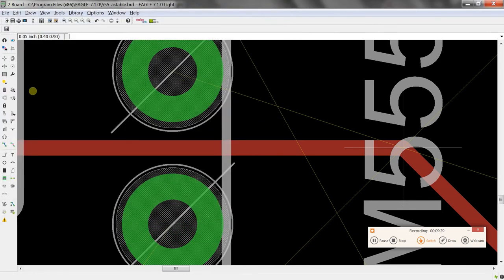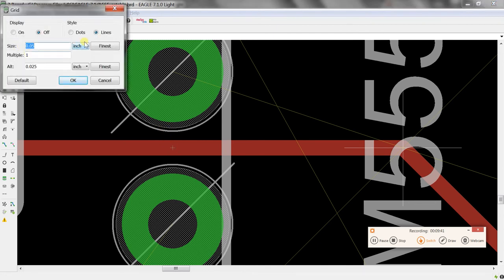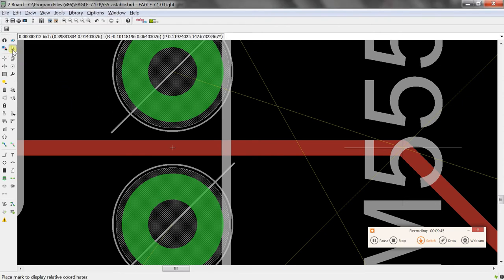Of course, if you want to measure the distance, there's a button called mark, and you can easily measure the distance from here. If you go down, you'll see that. Okay, now we'll have to change the scale. Let's make it the finest possible. Again, mark it. So mark this part, and then let's see this, which is roughly 0.011, and if you see 1 by 64 is 0.015. So this